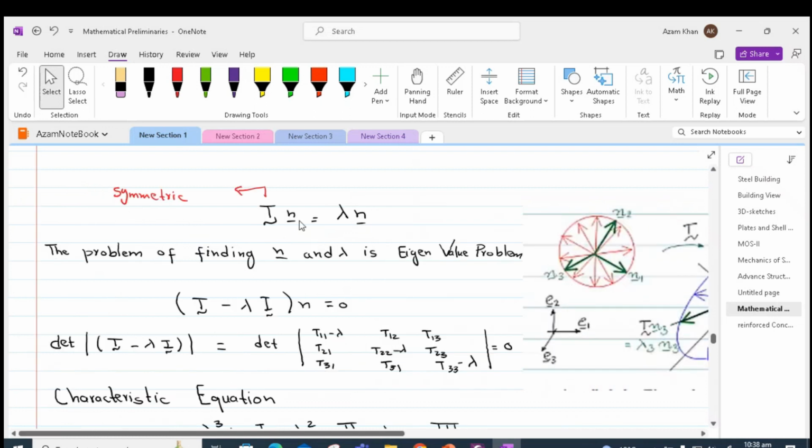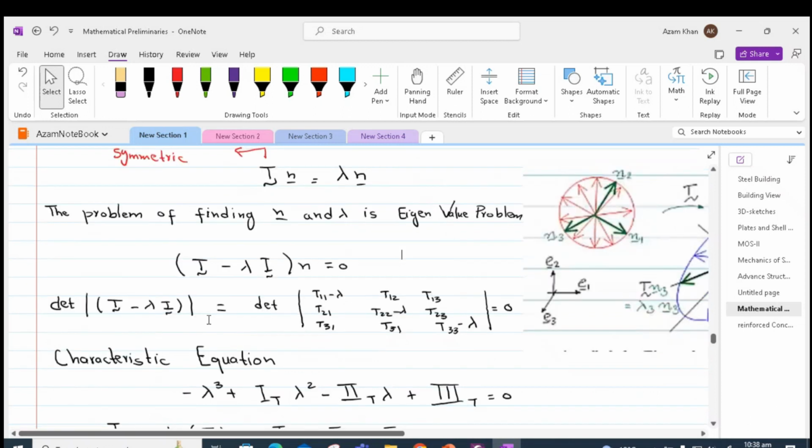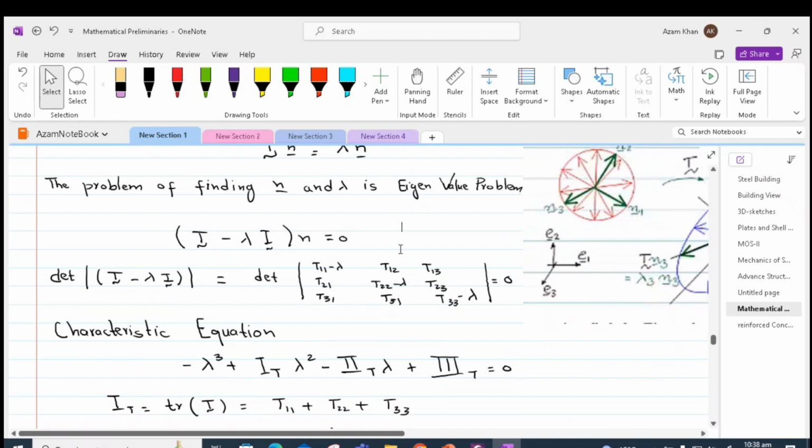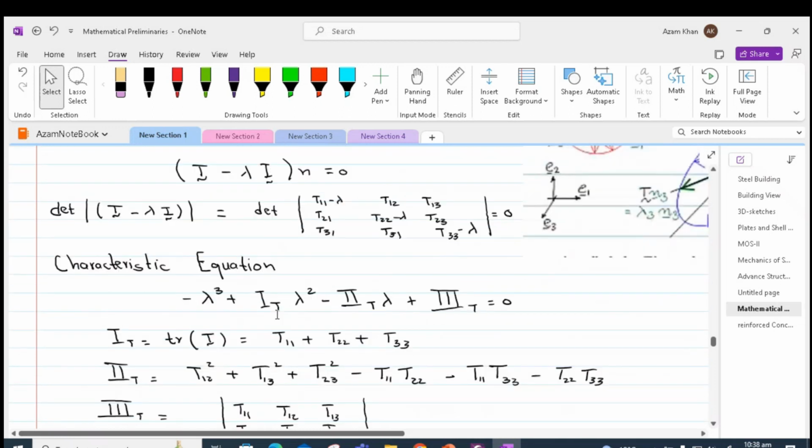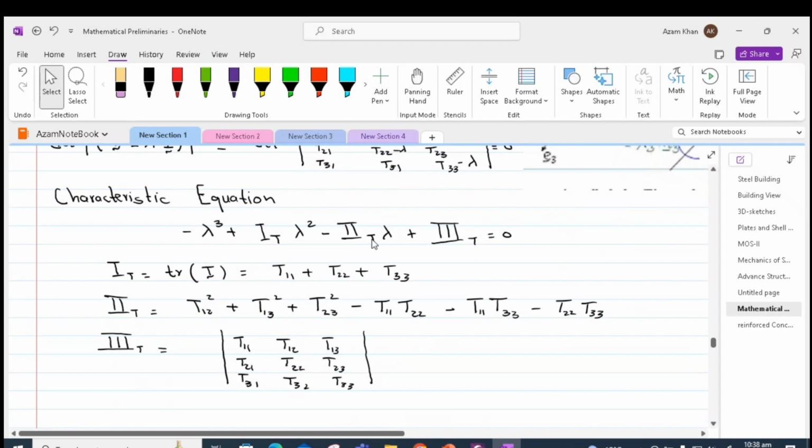transformation. In order to solve the eigenvalue problem, we can bring the eigenvalue times n vector to the left hand side and then take the determinant of both sides. Solving the determinant, we get a characteristic equation whose highest power is cubic, or in other words, we get a cubic characteristic equation. In this equation, we have 3 invariants or 3 coefficients which are defined as